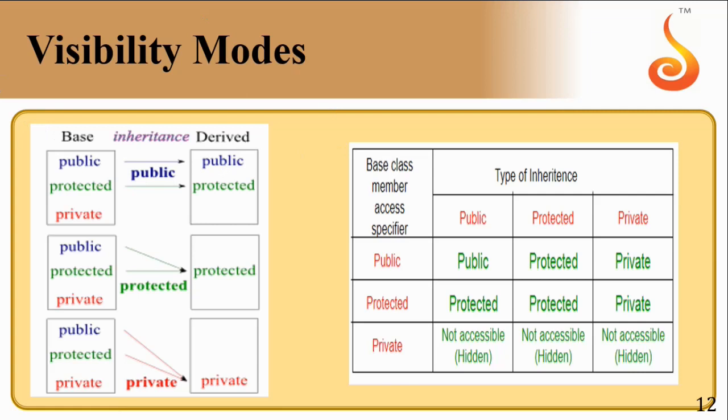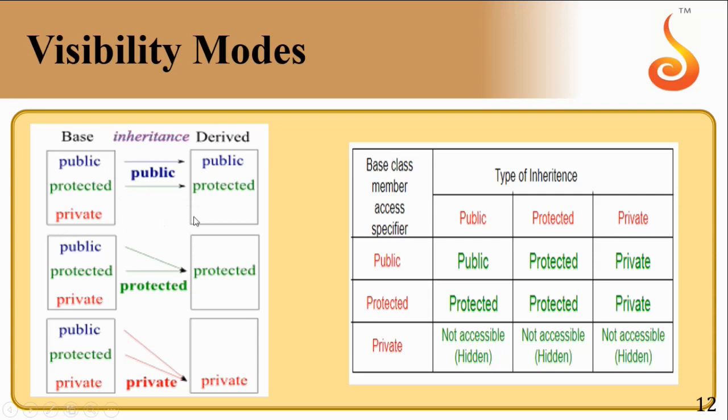So you don't have to worry about the private data, because you cannot inherit private data. Only the data present under the public as well as the protected access specifiers can be inherited. So when I say the visibility mode is public, then all the data present under the public section goes to the public section of the derived class. Under protected, whatever I have declared will go to the protected section of the derived class. Getting it? So protected goes to protected, public goes to public, private does not get inherited if the visibility mode